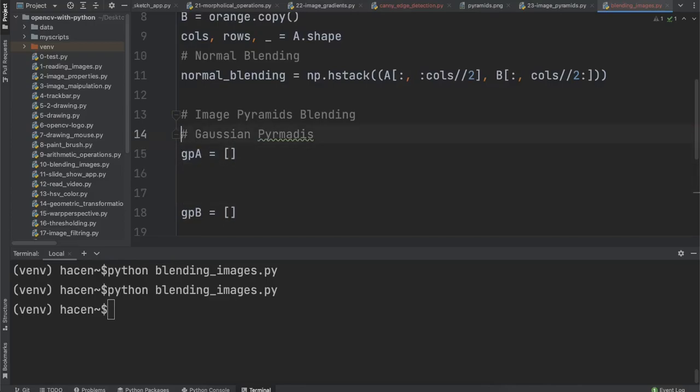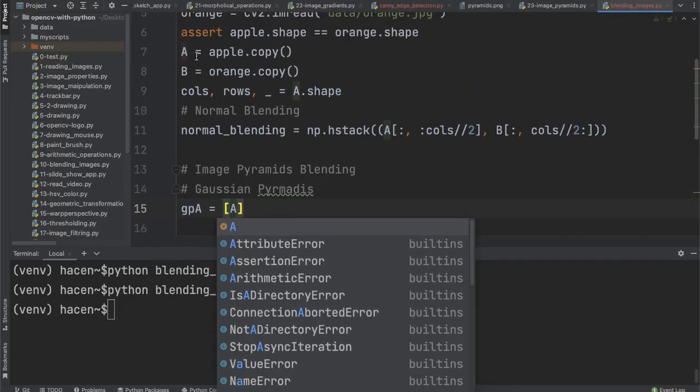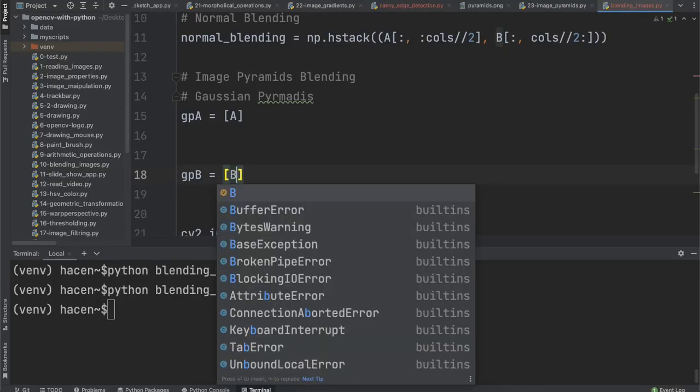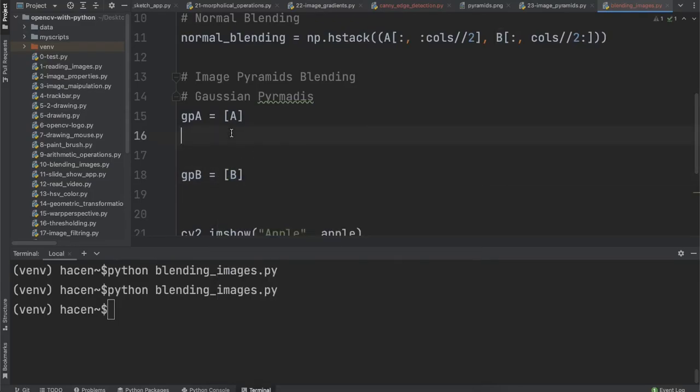Let's start with the A image. So the first element of this list will be the original image A that we have created here, and also for B it is the same, it's the first image. And for i in range of, you can choose any level here. For example, if I choose 5 levels, I want to work on 5 levels of this image. So for i in range of 5,